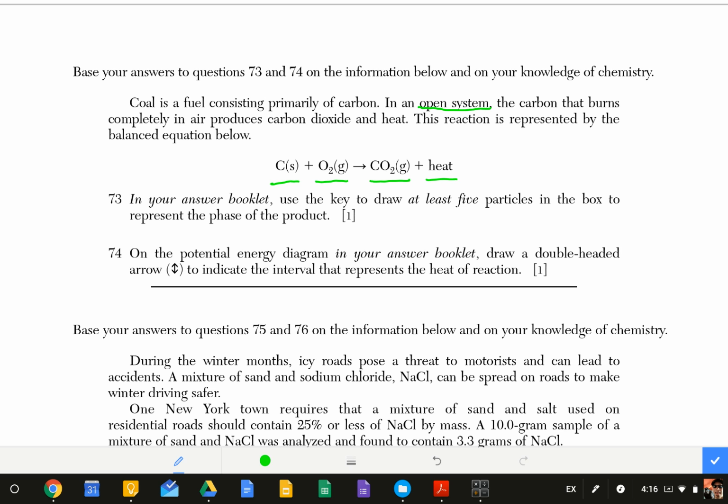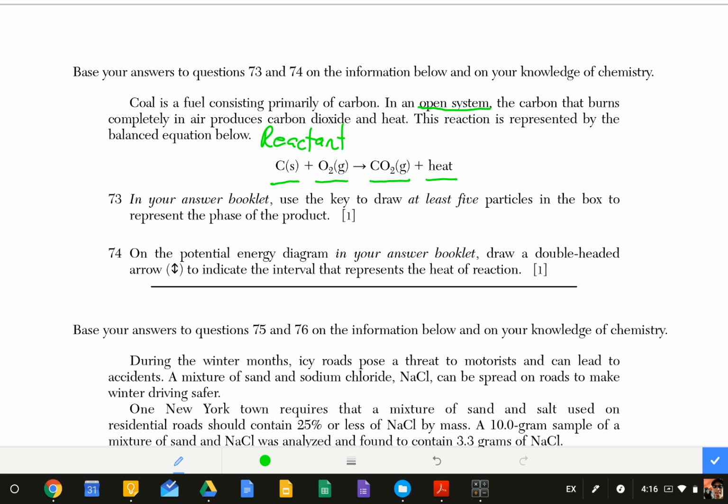Okay, 73 says, in your answer booklet, use the key to draw at least 5 particles in the box to represent the phase of the product. So a quick review. The arrow is called the yield sign, which means to give way to something, yield, or give up. The left side of the equation are the